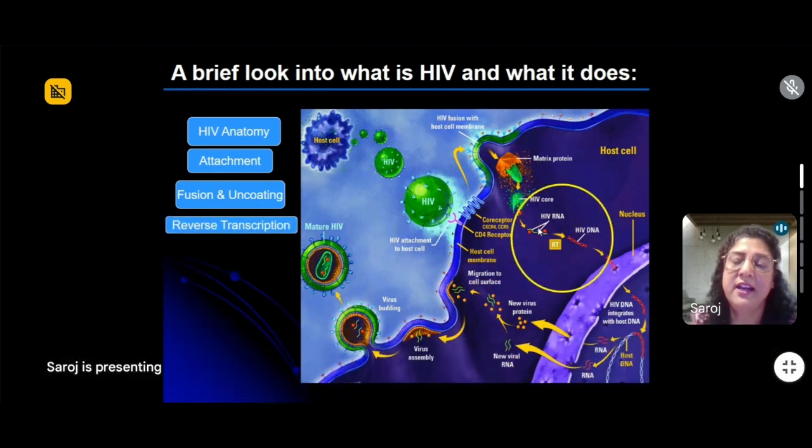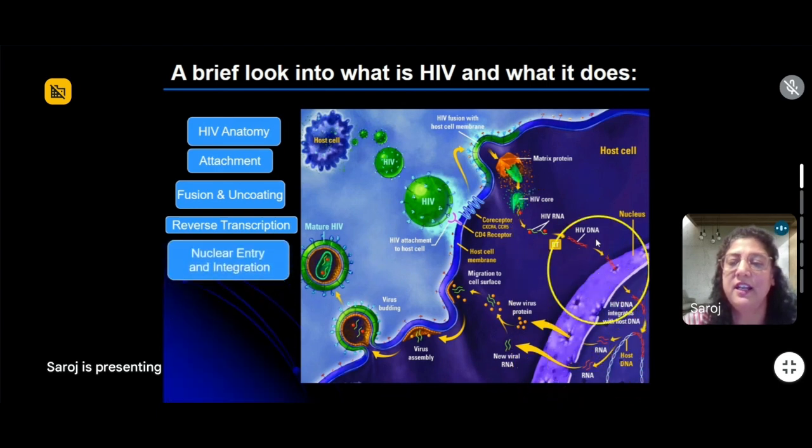Once you have the HIV RNA released, now comes the part where the host cell plays a role in the transmission of HIV. HIV is taking, very intelligently, its own one enzyme, which is reverse transcriptase, which would now help the HIV RNA to get converted into the HIV DNA. And this is the DNA that is important, because this is the DNA that the host cell recognizes as a nucleic material, and that is what is going to get integrated into the